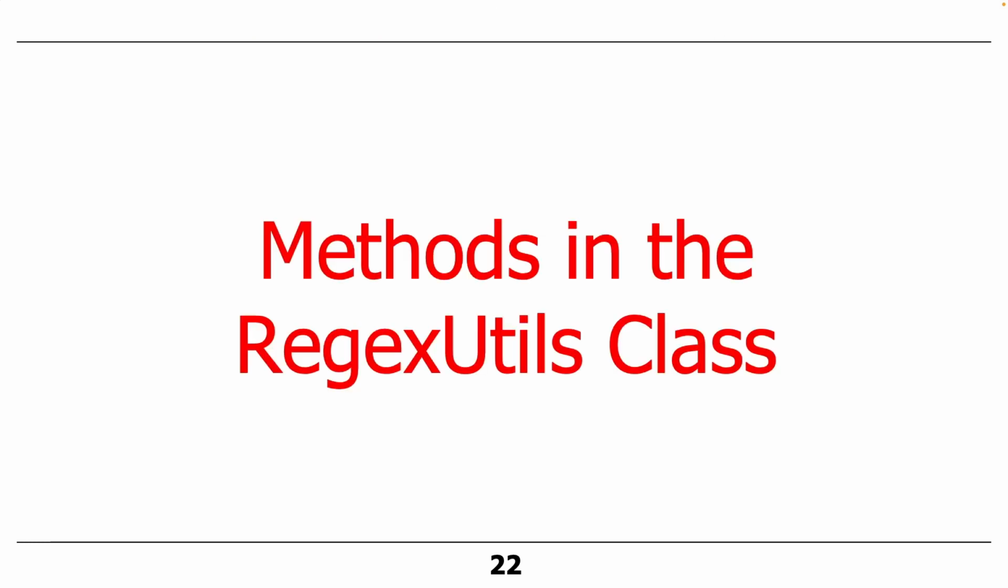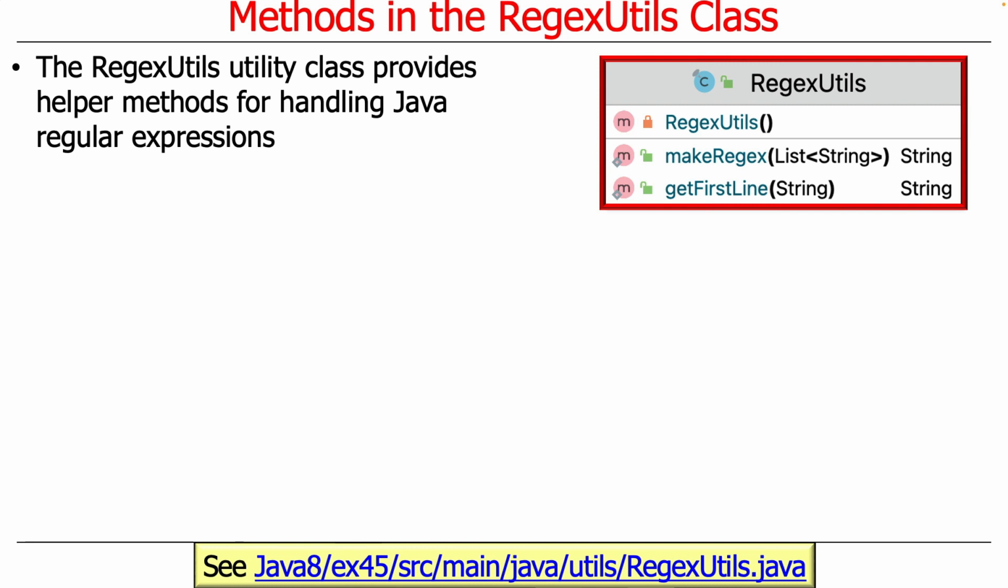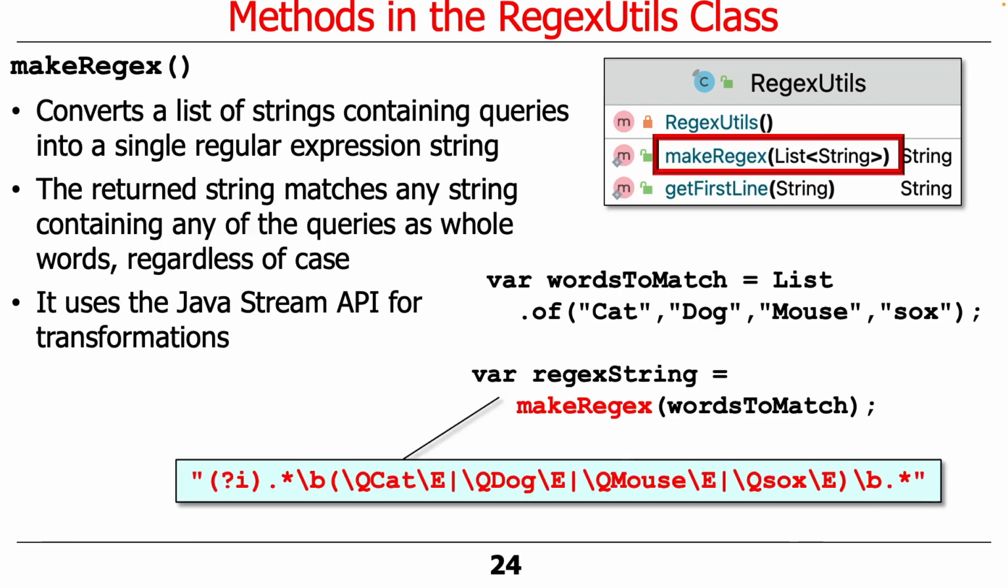Let's talk a little bit about the methods in the regular expression utility class. So the regular expression utility class provides helper methods for handling Java regular expressions. You can get that over here in this file in the utils folder in this project. And we'll take a look at each of the methods that are interesting. This is one that you'll also get a chance to use for the assignment. So make regex